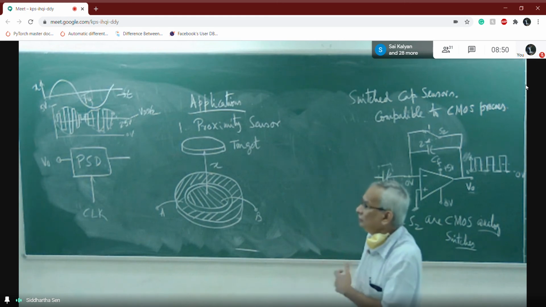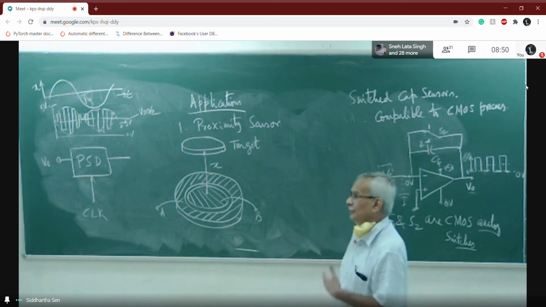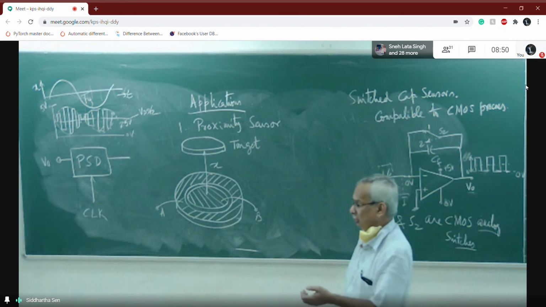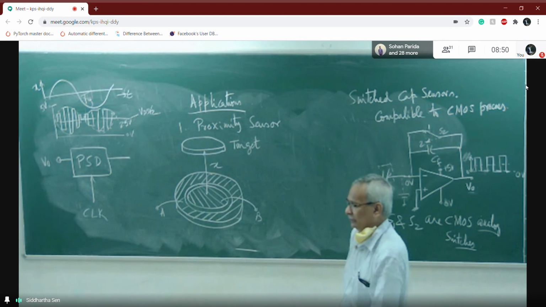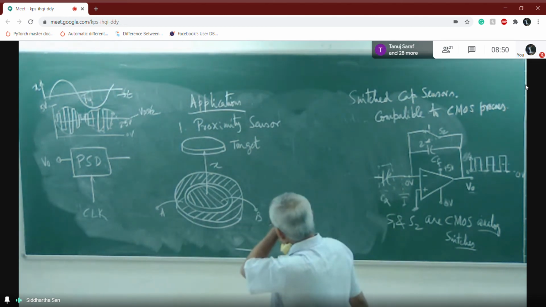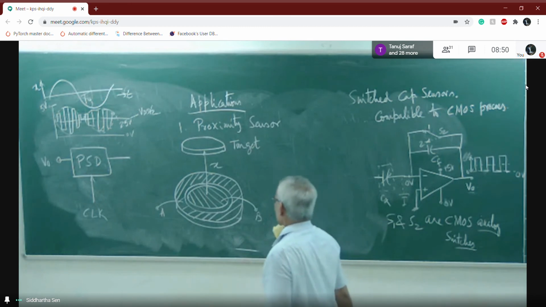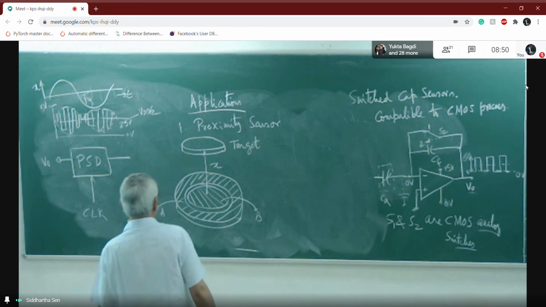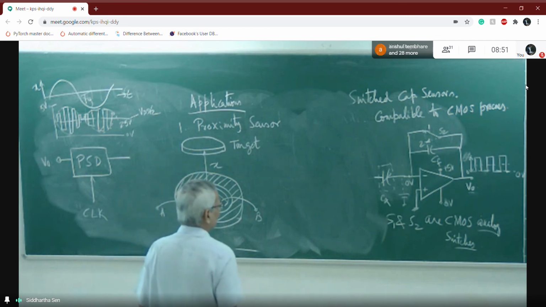This is very important because otherwise the robot may be damaged, or a human operator who is working near the robot may be hit by the robot. So a proximity sensor is very useful and important. And naturally with a capacitive sensor we can do it because it is very